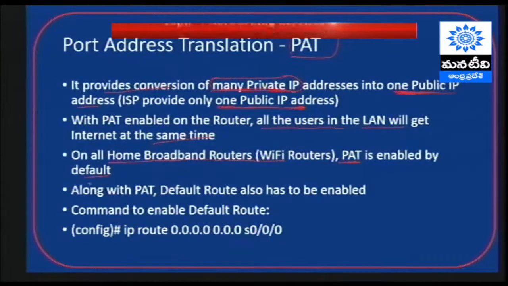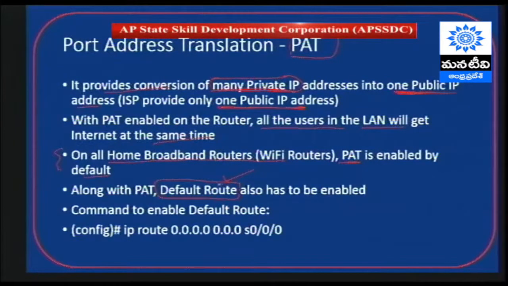So just PAT does not suffice. We need to enable a default route. Remember when we discussed the types of routing in the previous session, we discussed static route, dynamic route and default route. So we have to enable the default route on the router. The command that is required to enable the default route is mentioned here. In the configuration mode, we have to give this command: ip route followed by